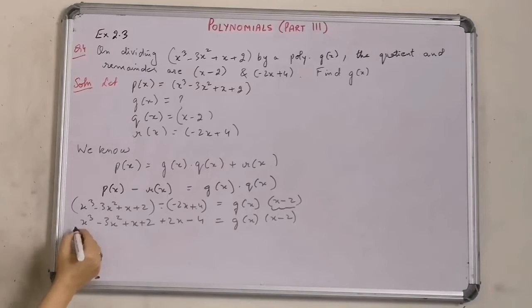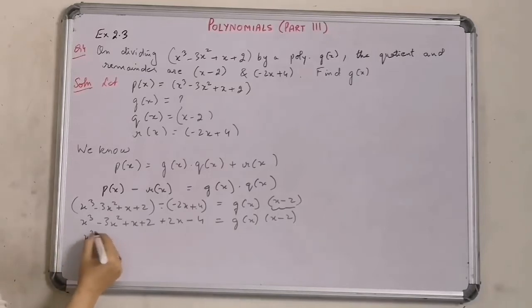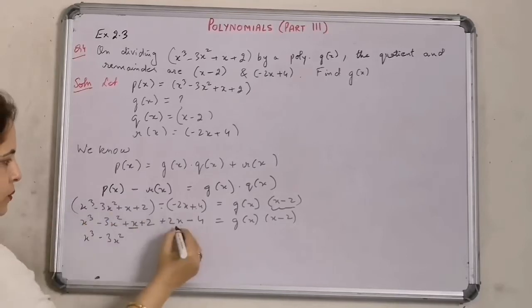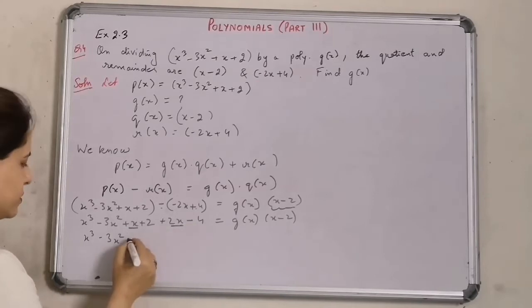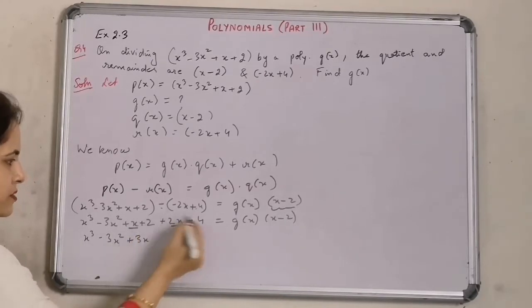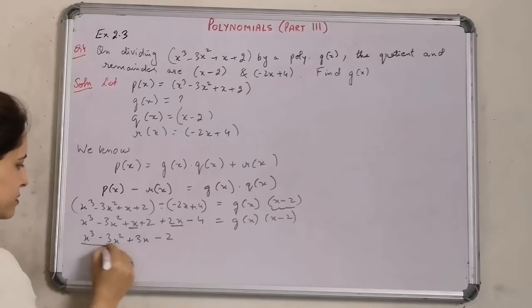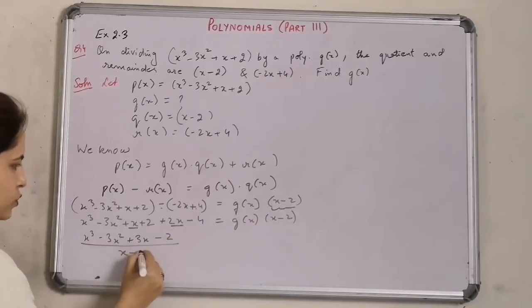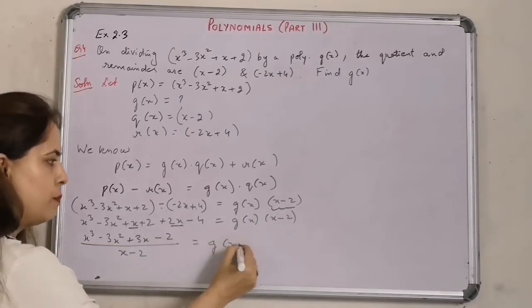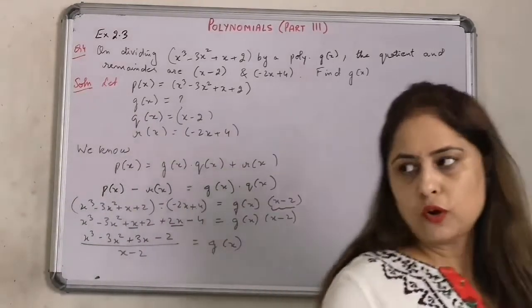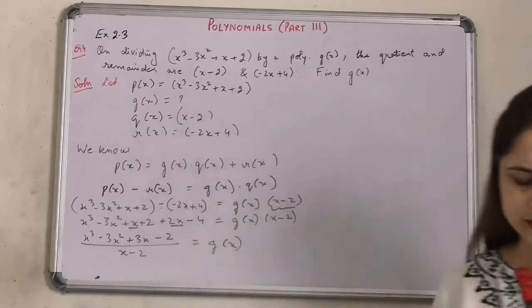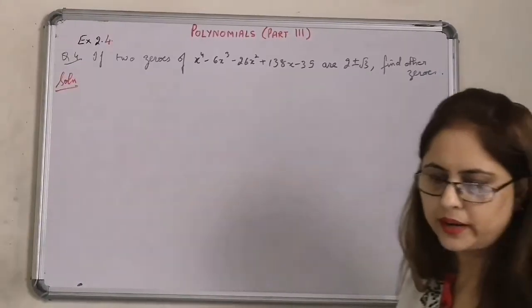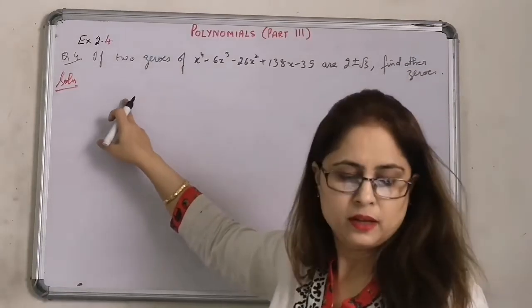Let's look for any like terms if there are any. We get x cube minus 3 into x cube, degree power 1, degree 1 वाले power 1 वाले दो हैं. So these are two like terms. X plus 2x is 3x, plus 2 minus 4 is minus 2, and this whole is going to divide by x minus 2, and this will give you gx. I hope my students can divide after this. Go for long division, and the quotient that will come over here will be your answer. Proceed with this. So boys and girls, so right now I am taking up the related question from the optionals.